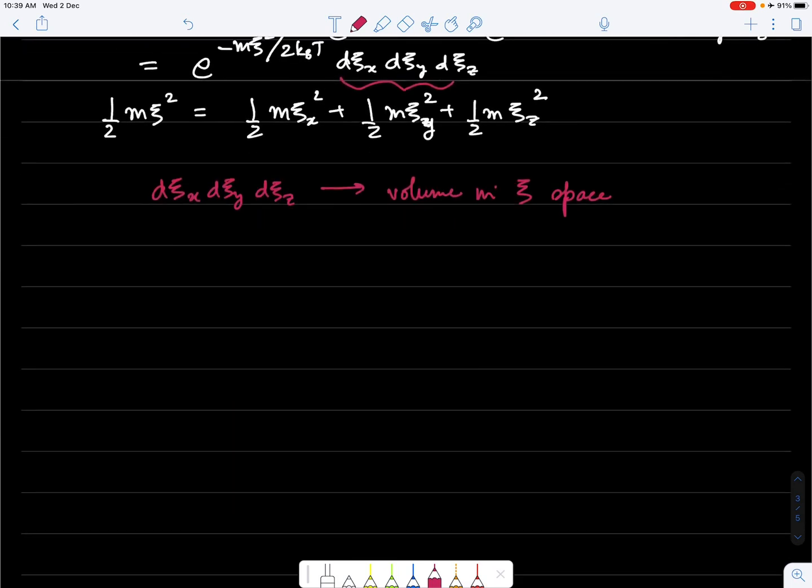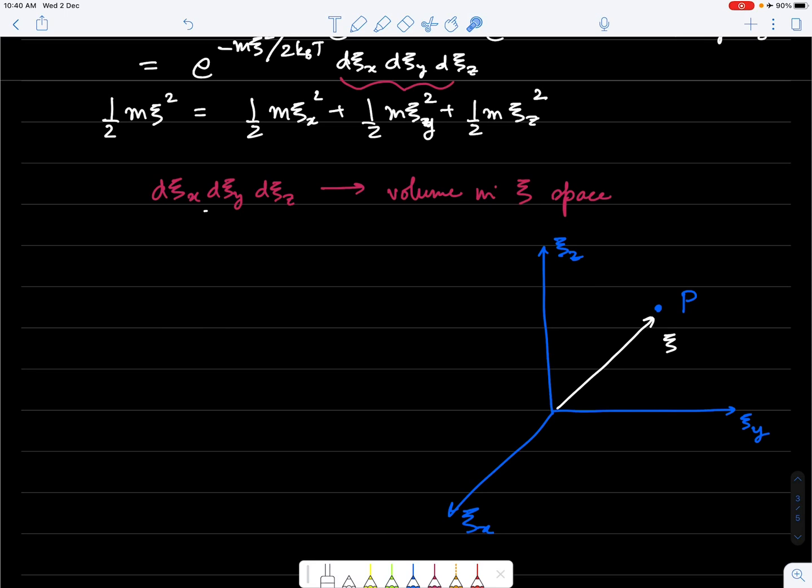So for any given, if you think of it this way in terms of coordinates, right? So if I look at maybe the velocity space, which has three directions, ξx, ξy, and ξz. So for any given point, let's say P in the velocity space, whose coordinates will be ξx, ξy, and ξz, the distance from the origin will actually give me the speed ξ. So this element in the velocity space, dξx, dξy, dξz, can actually be simplified further into, if we do integration in the speed space.